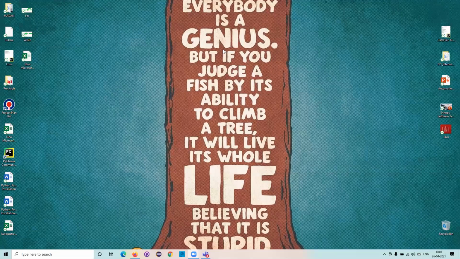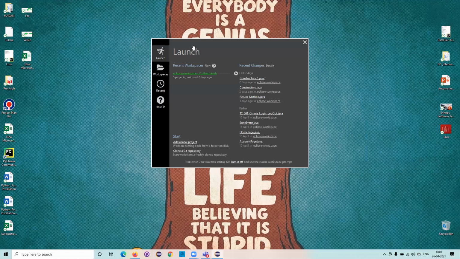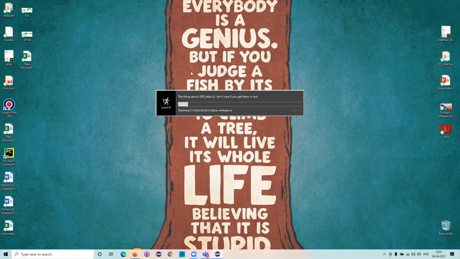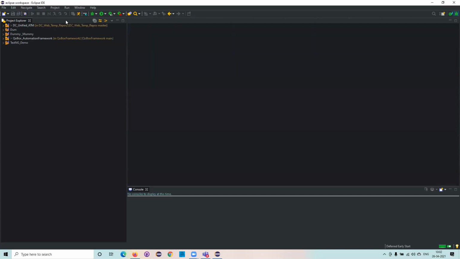I'll quickly implement that so that it will be easier for you to understand. If you understand this, it is very simple, and if you don't understand it, it will make your life very complex.